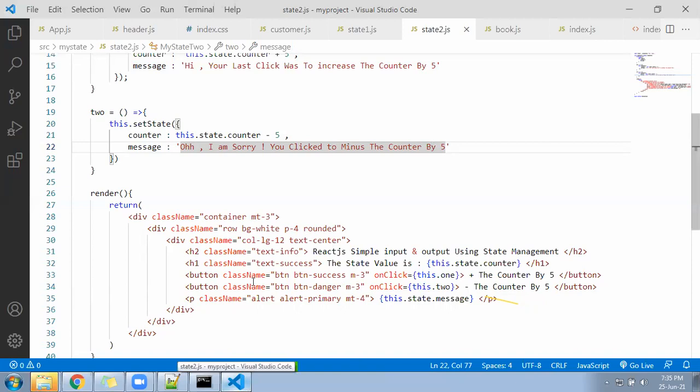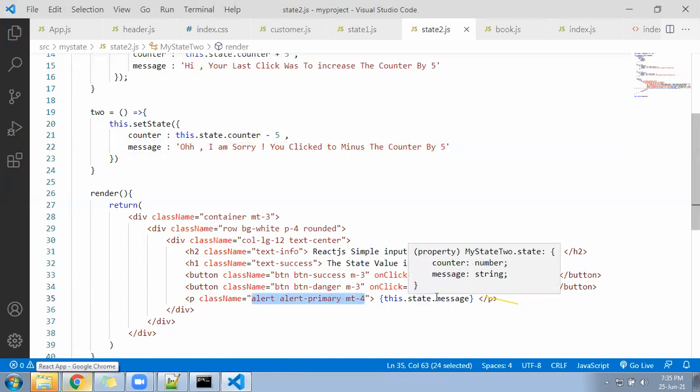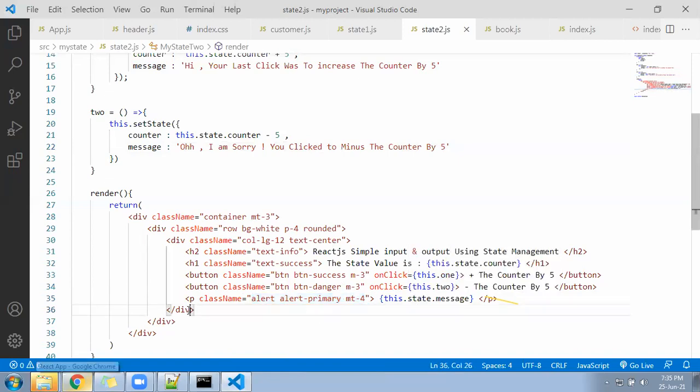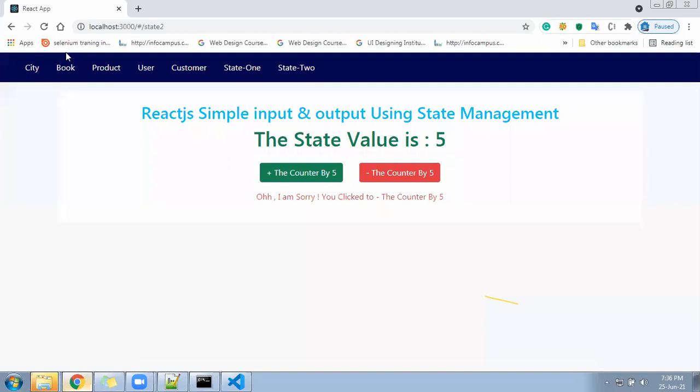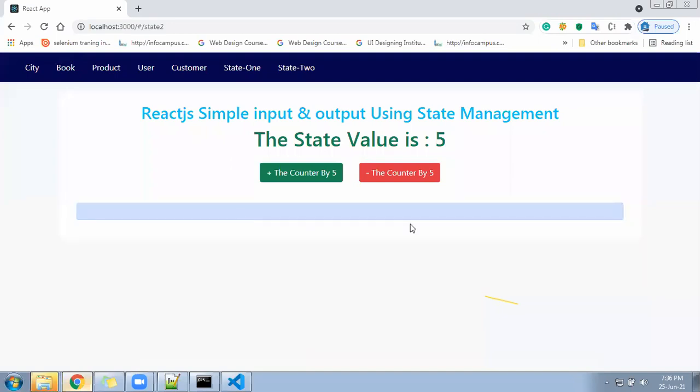Check now. Hope you have written the alert class: alert space alert-primary. MT-4 I have written, from top there will be some gap, 24 pixels. It is here. Oh, by default alert is here, because by default padding will be there in alert.